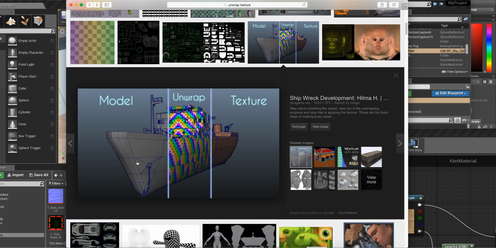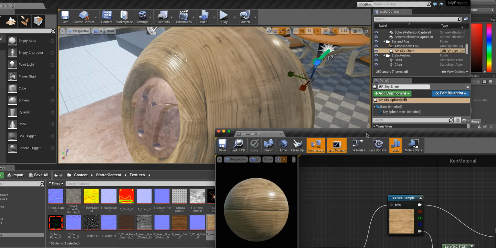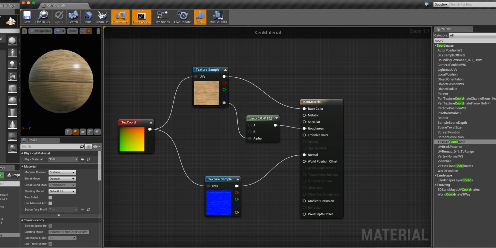here's another example: the model, the unwrap, and this is the texture on top of the model. So these grids are another version of the grid system. Okay. So that's very straightforward. How to use pictures? How do you stick them into